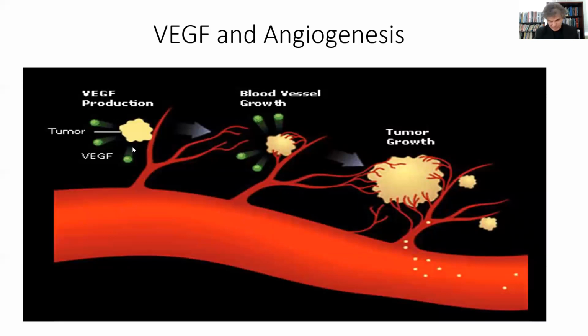So I may have shown you this before. If a solid tumor is forming in the body, once it gets to a certain size, as the cells keep dividing, they're not going to get enough